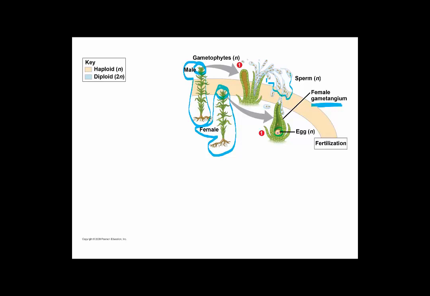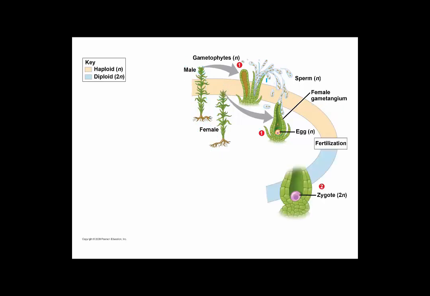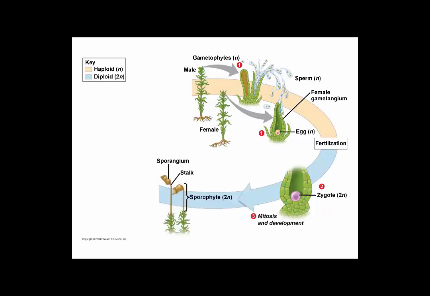And when that happens, the fertilization takes place inside the archegonium, down at the bottom. The egg is now fertilized. And the next step is the development of the sporophyte. When I demonstrate this in real life, what I like to do is have a model, or maybe an actual